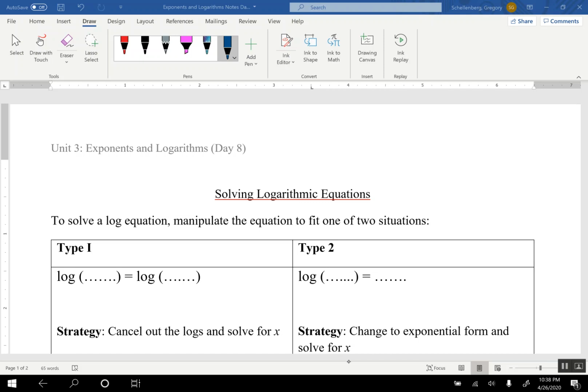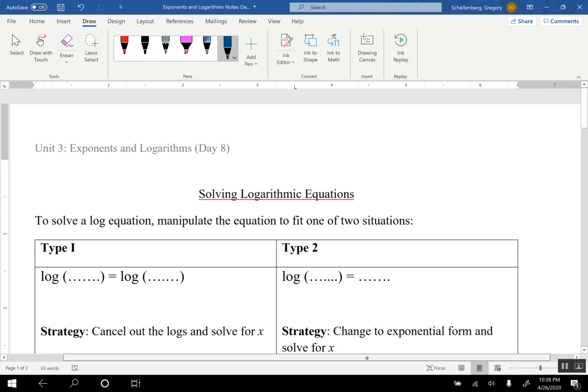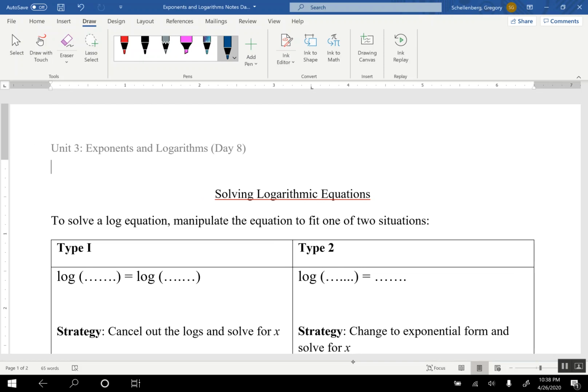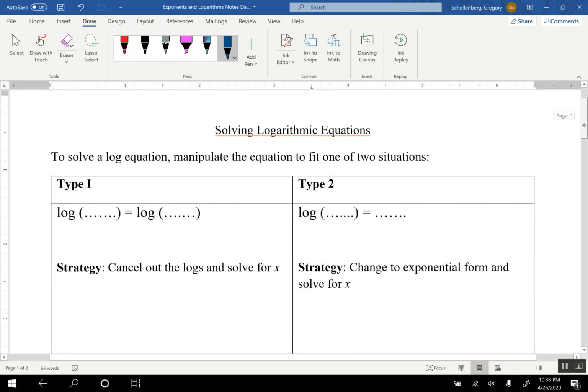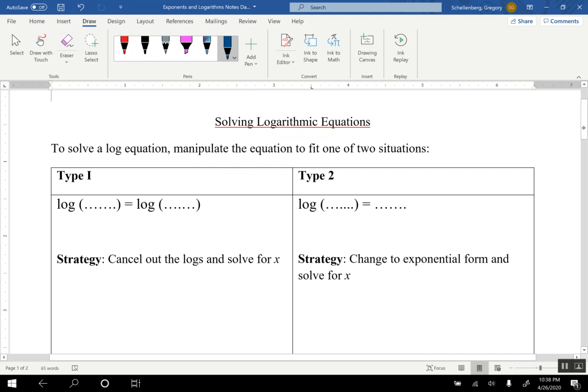And on to day 8 of our Exponents and Logarithms unit, and we're going to be looking at solving logarithmic equations today. So the first thing is we can see all sorts of different types of logarithmic equations, but using our log laws, what we want to do is try to manipulate the equation to fit one of the two situations that we see down below. So on the left-hand side, that situation is single logarithms with the same base on either